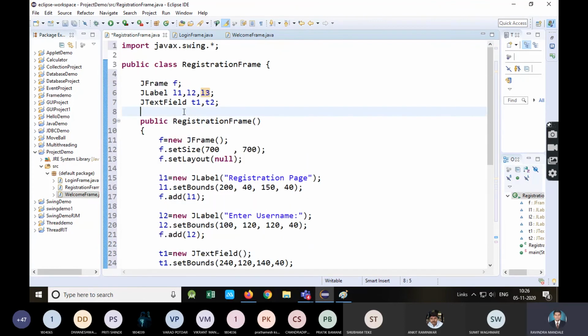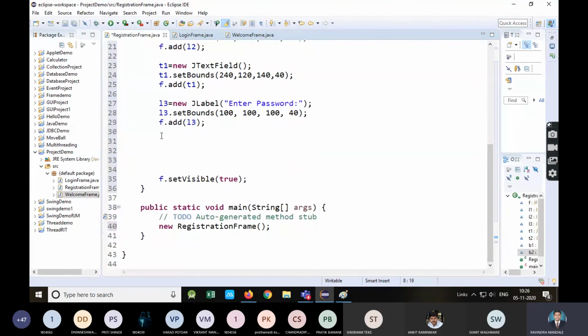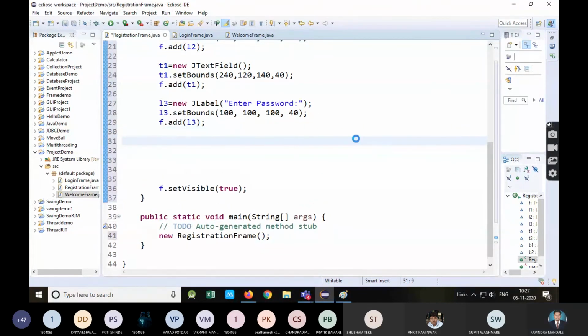Next I will require buttons, B1 and B2. B1 button, so the title will be register.